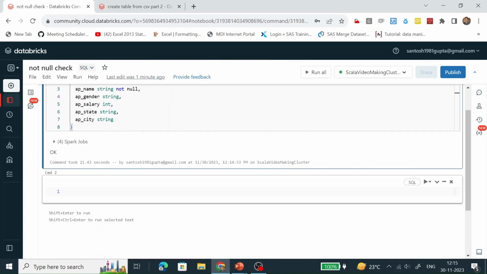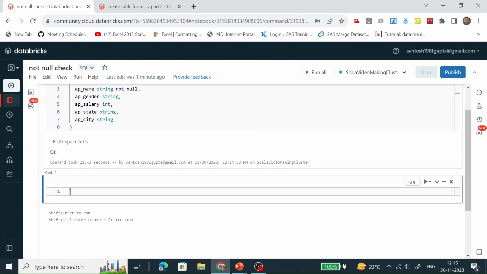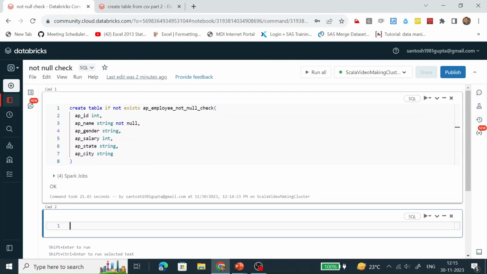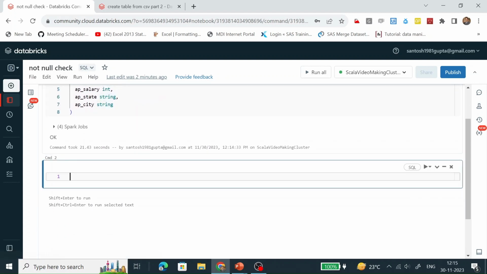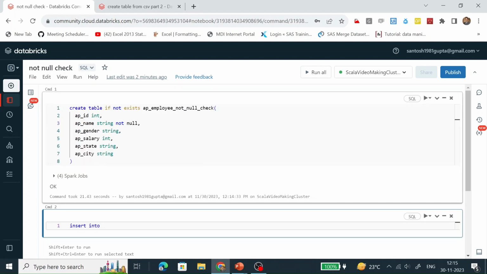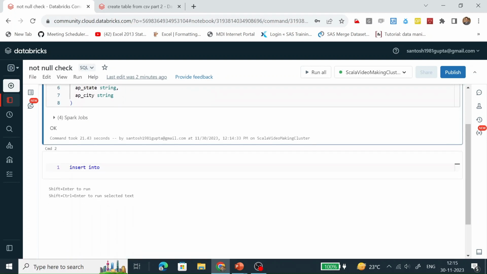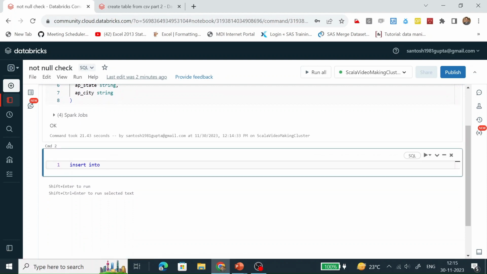So now let's insert some value in the table, and in this column we are going to insert null. Let's see what will happen. So insert into, this is the name of the table, values. What values are we going to insert?